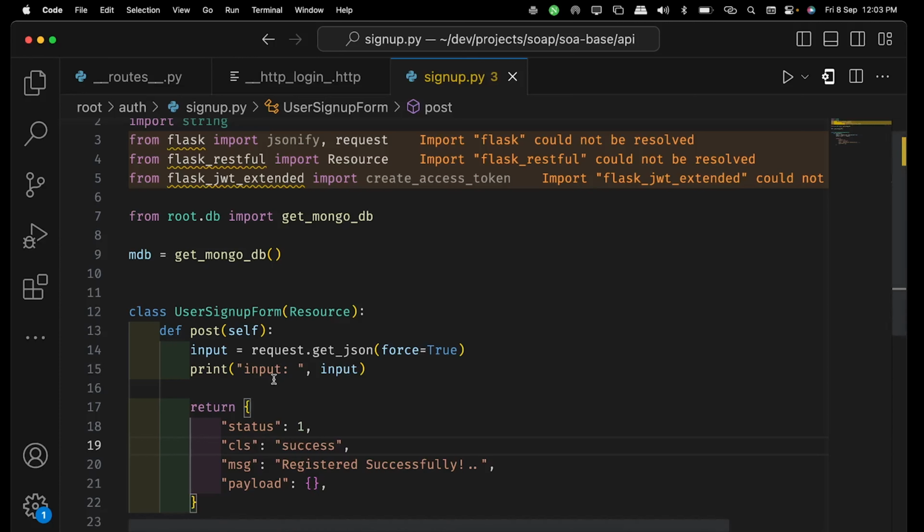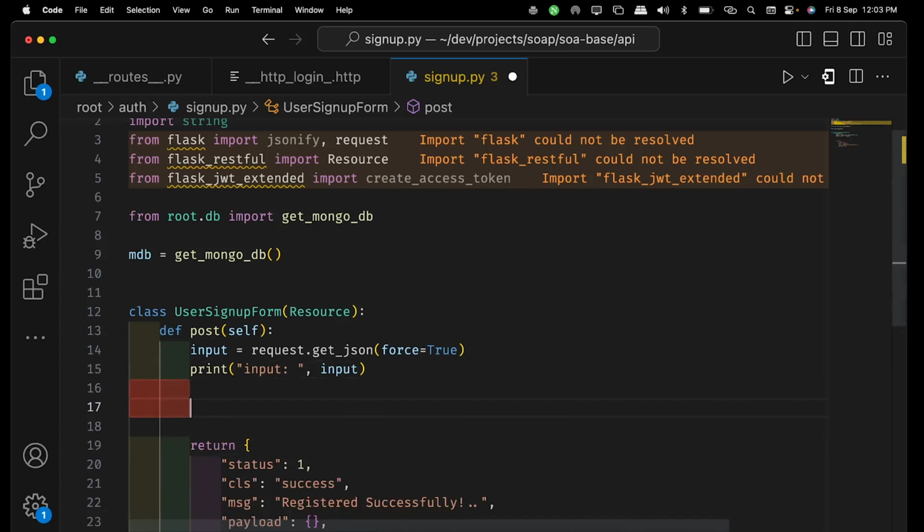Okay. So now we have got the data, but it is not safe when you are storing this data directly. But for the time being, we are assuming that the data coming from the front end is safe, but later you have to add validation in the backend also. Now we can try to insert the data. mdb dot users dot insert one, and whatever data is coming from the front end,